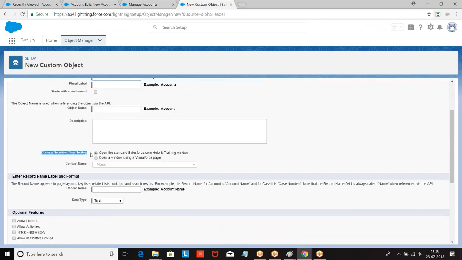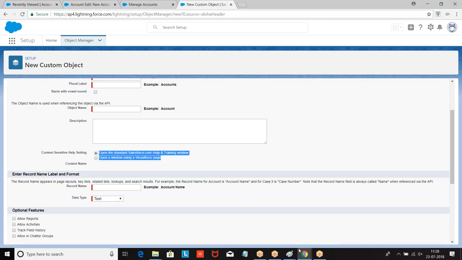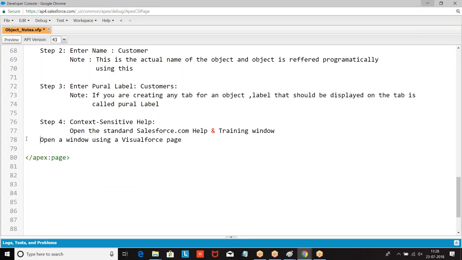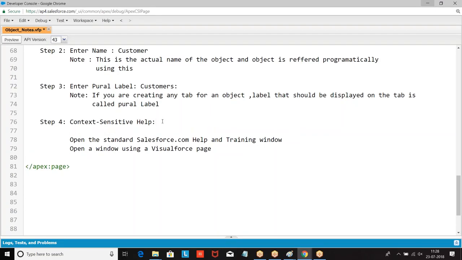Now they are giving an option for you. Boss, do you want Salesforce to control it, or will you define your own? On every object, Salesforce will create one standard link for this page.